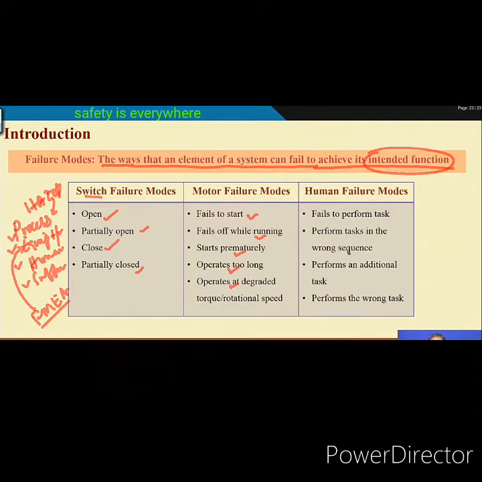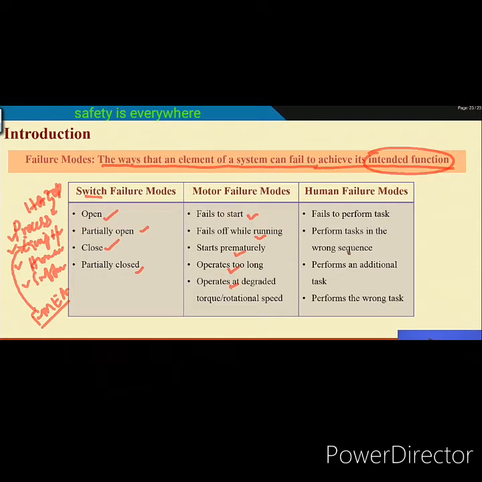Suppose you are doing a project with different activities to be performed in sequence, with some precedence relationship. If you do not follow the precedence relationship, either you will not be able to do the work, or even if you do the work, it will not be useful. There are many other examples which can be quoted here: the ways a component or an element of a system fails are the failure modes.